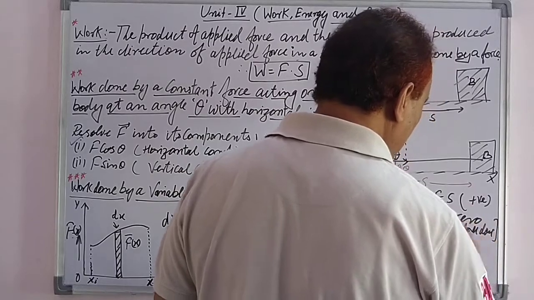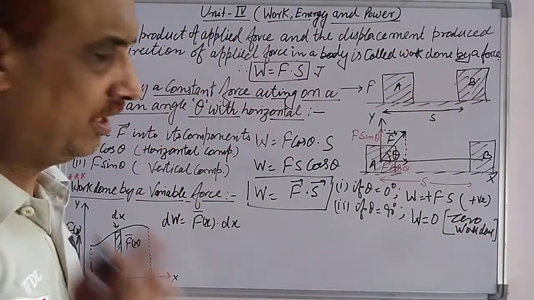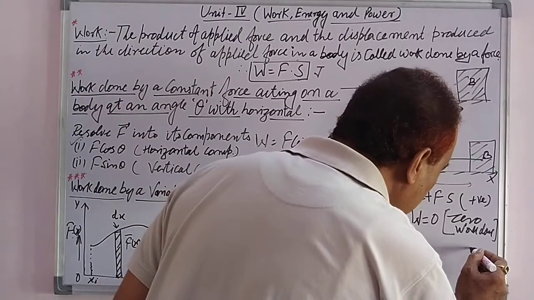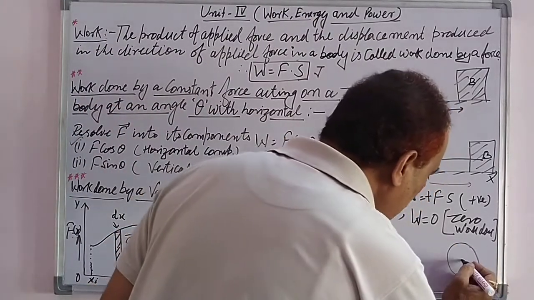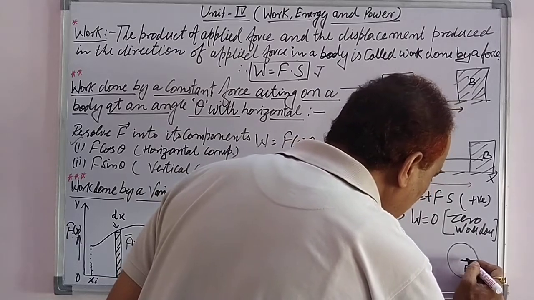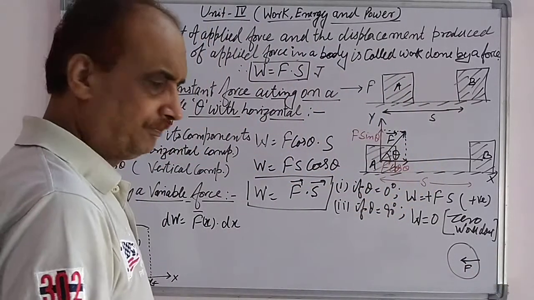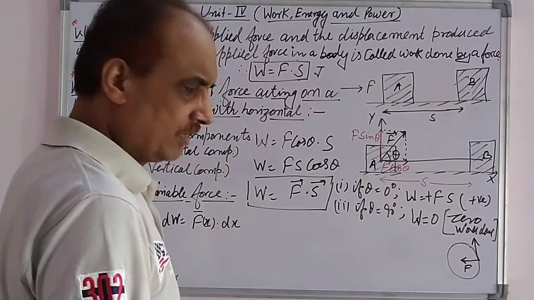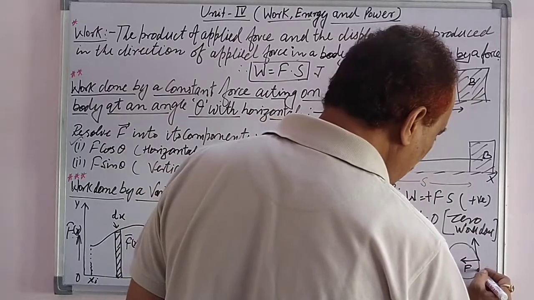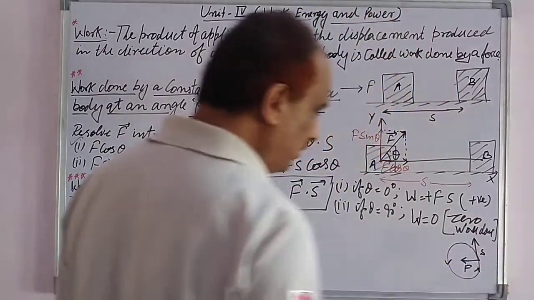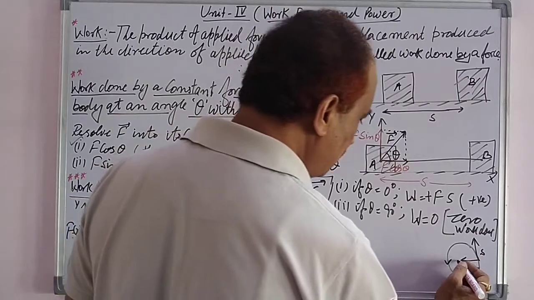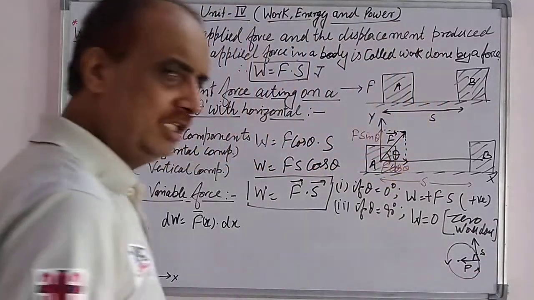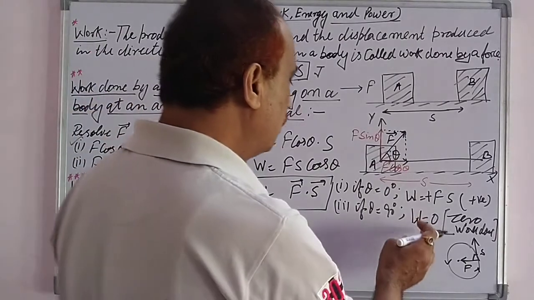So in this situation, work done is equal to 0. No work is done. It means suppose any body is moving in a circular path. In that situation, the force is always acting towards the center and displacement is along the circular path. Suppose the body is moving with a constant velocity, so this is the direction of displacement and F is acting towards this center of the circle, so it makes an angle theta equal to 90 degrees between them, so work done will be equal to 0.